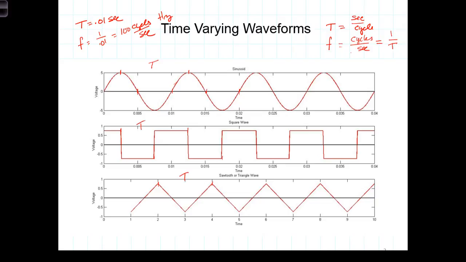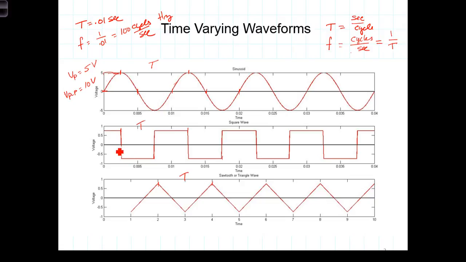The final signal parameter we're going to talk about is the amplitude of the time-varying signal. We can talk about the amplitude either as the peak amplitude, which is the height of the peak relative to zero. So in this case, we would say that V peak would be 5 volts. Now we can also talk about the peak to peak voltage, which specifies the total range that the waveform covers, and in this case it would be 10 volts. Similarly here, the peak voltage would be 1 volt,